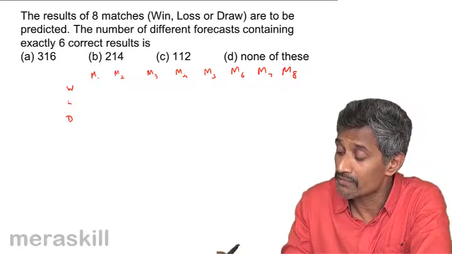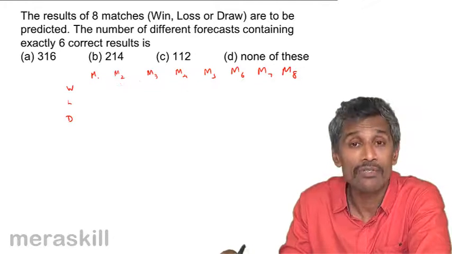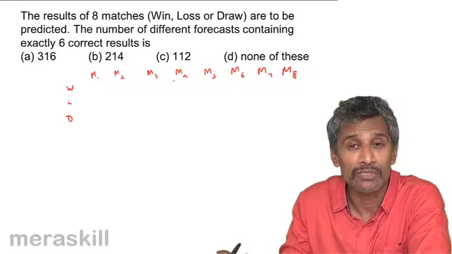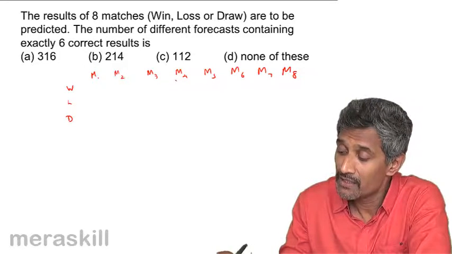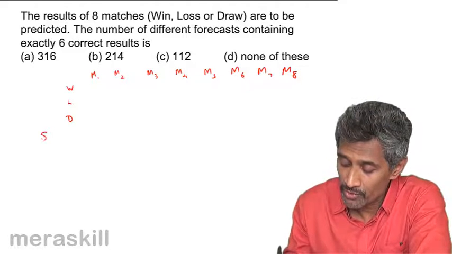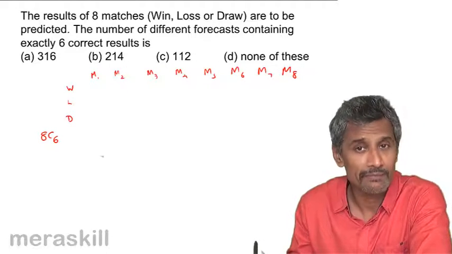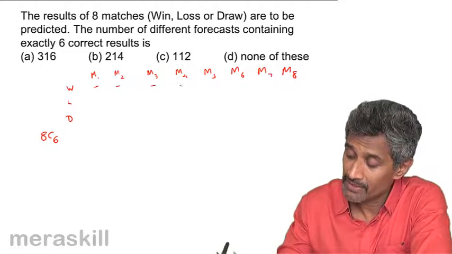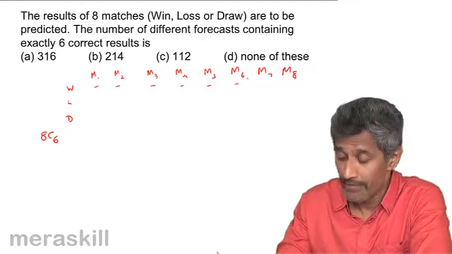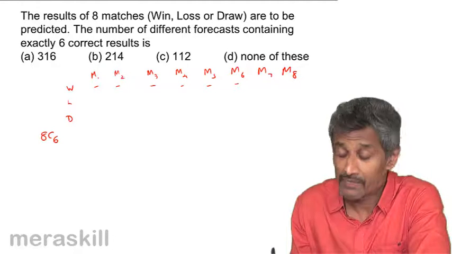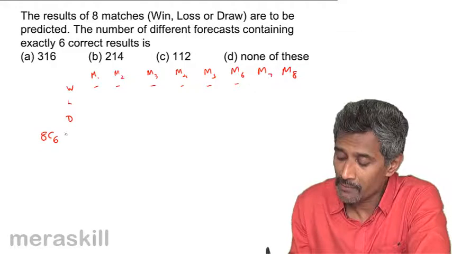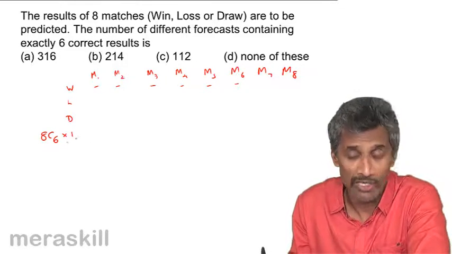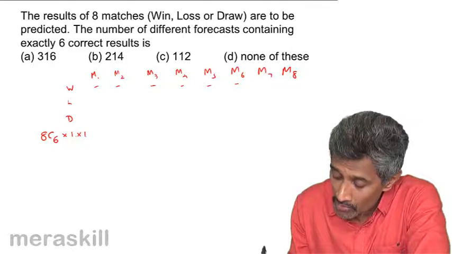First is choosing. We need to choose the matches, 6 out of 8, which will have exactly correct results. So they are going to be chosen in 8C6 ways. So suppose you have chosen match 1, match 2, match 3, match 4, match 5, match 6. So you have chosen the matches. In all these matches, there can be only one correct result. So the first one will have correct result 1,